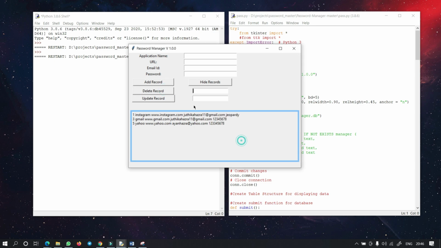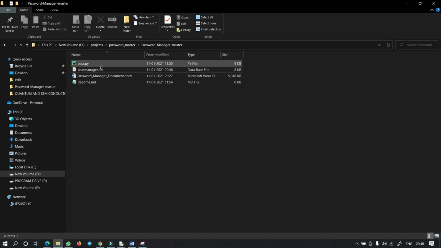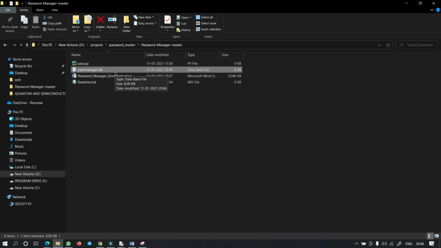So this is it, and where is this password being stored? We have to go to our root folder, and here it is. This is the database where the passwords we insert are stored, password manager.db, and here is the first con.